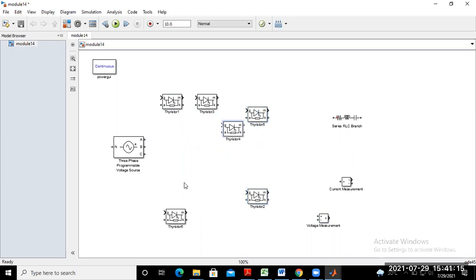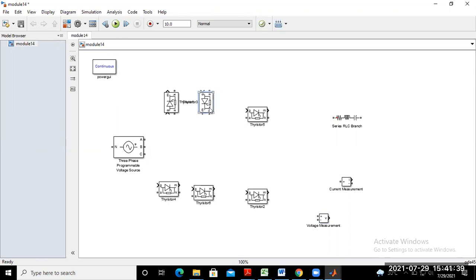Okay. Thyristor number 2, 4 and 6. So just you rotate this one. Okay. So this is your thyristor number 1. Similarly, this is your thyristor number 2, 3. Thyristor number 3. And this is your thyristor number 5. So upper leg thyristors are your 1, 3, 5. And lower leg thyristors are your